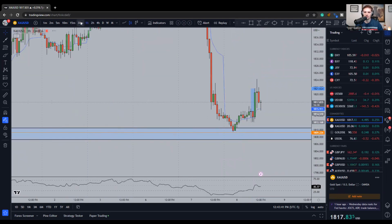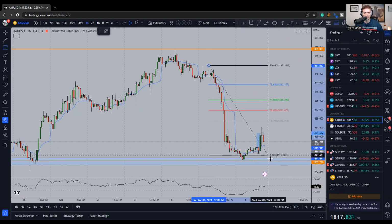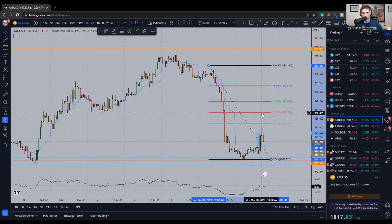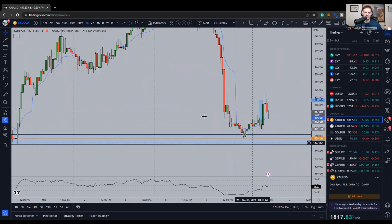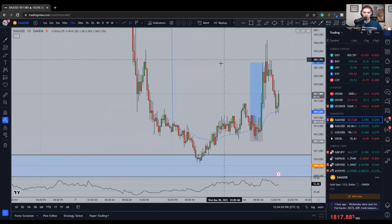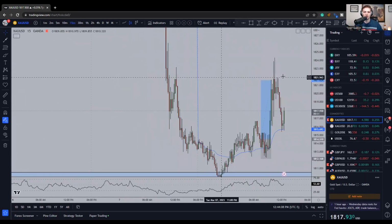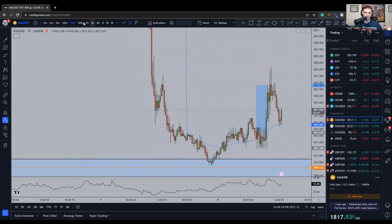As far as formulating my bias, I wanted to see some type of retracement from yesterday's move. Basically, let's see if we can get a 50% retracement. Now, I wasn't looking for that entire 50% retracement, but I wanted to grab some longs based off of that idea. And as we were finding support at 1810, I was keeping a close eye on market structure, because if you take a look at how market structure was forming,